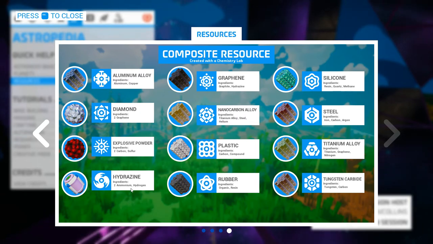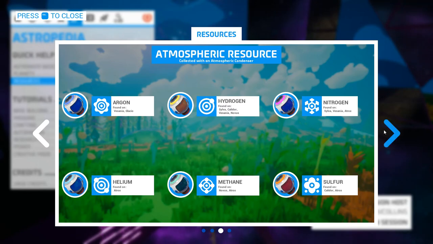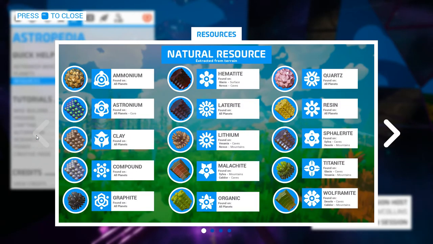Okay, hydrazine is 2 ammonia and hydrogen, which are gases you can find, apparently. I don't know about ammonia, but hydrogen is apparently found on the planet we're on right now. A lot of interesting stuff. I'd like to figure out that chemistry lab at some point. Alright,